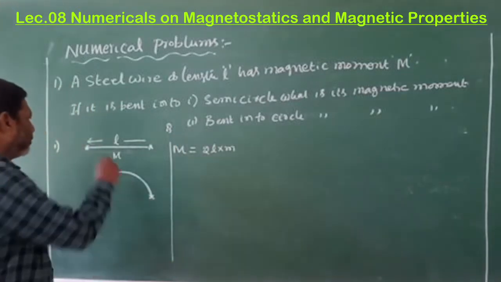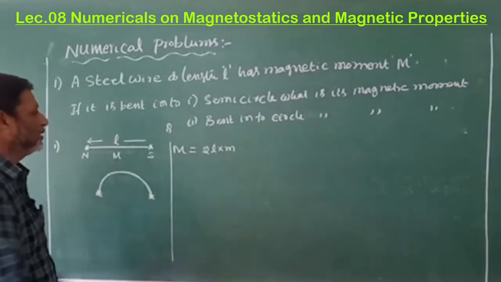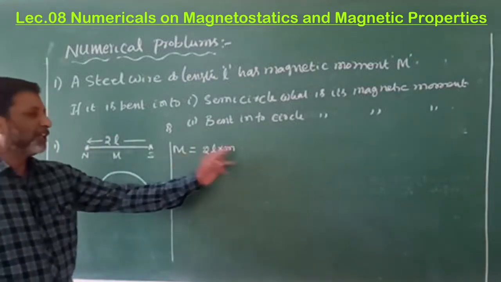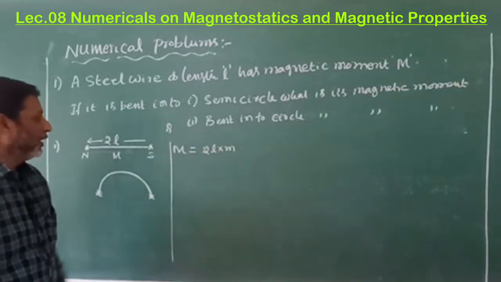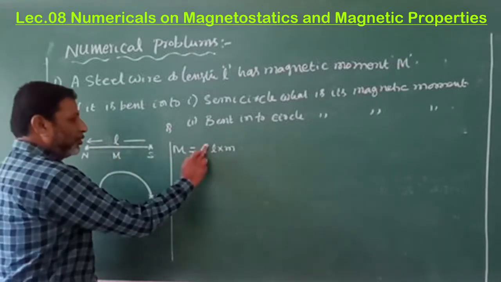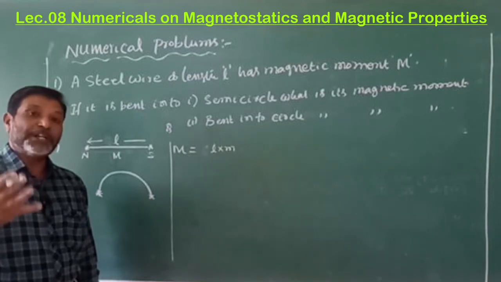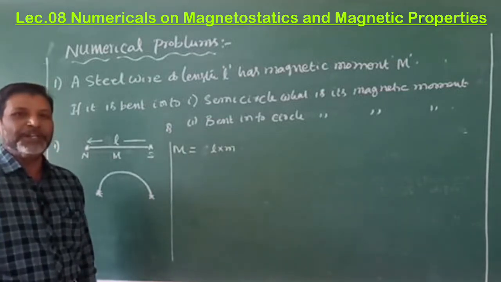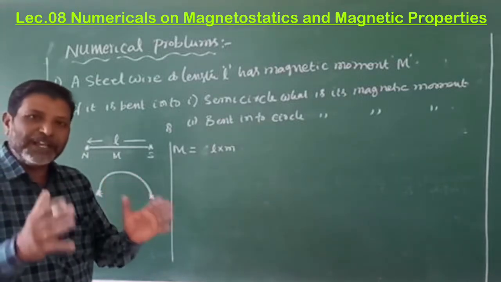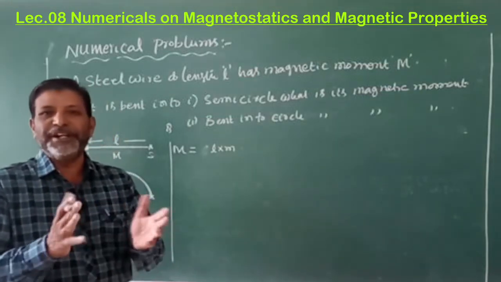Now suppose you consider this is the north pole and this is the south pole, then what is the total length? Let us consider the length 2l, which I can even write as L, the total length. Now listen here, either you write l or 2l, whatever it may be, its meaning is very important: the distance between the two magnetic poles is called the magnetic length. You can take it as l or as 2l also. It doesn't make any difference.